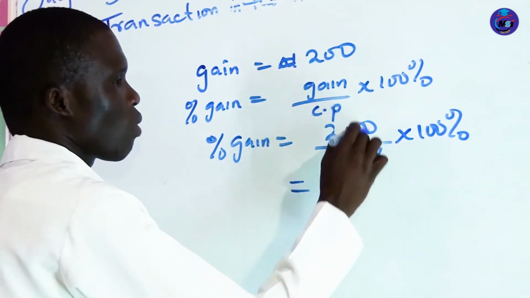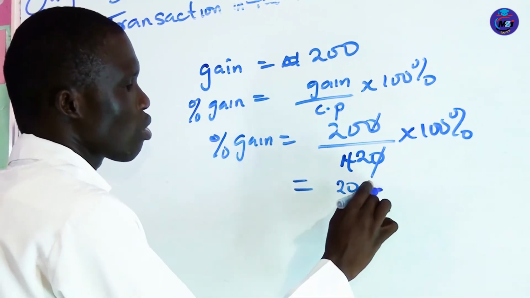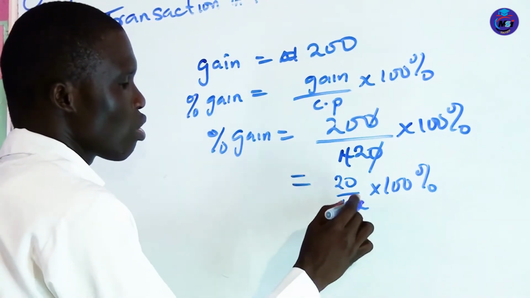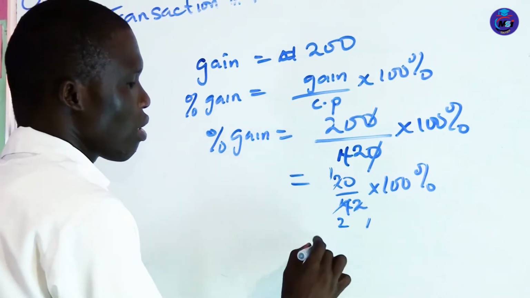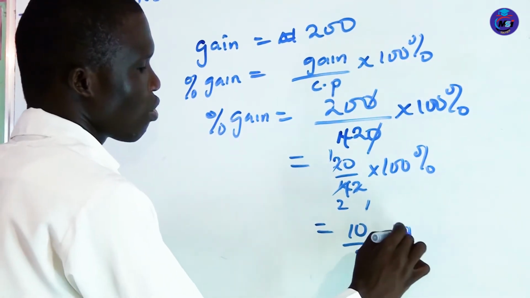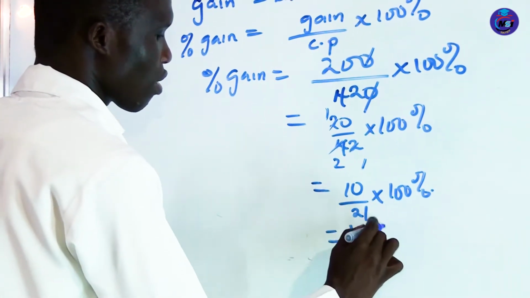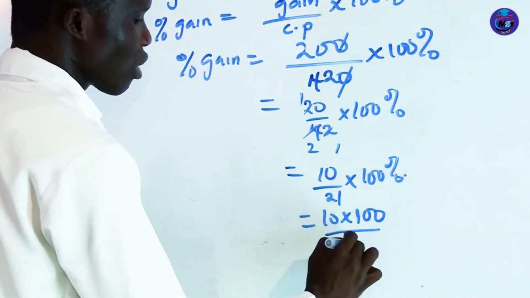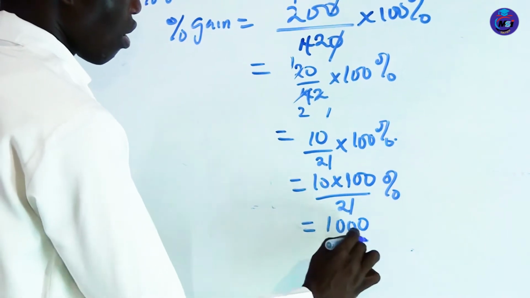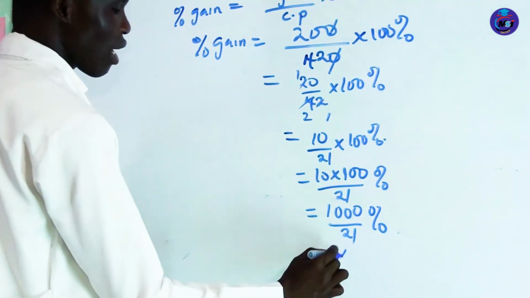This, we cancel this. We are left with 20 all over 42 times 100%. Okay, 2 here, 2, 2 here, 1, 2 here, 1. It gives us 10 all over 21 times 100%. Okay, this can give us 10 times 100 all over 21%, which will give us 1,000 all over 21. Okay, percent. If you divide this, we are going to get